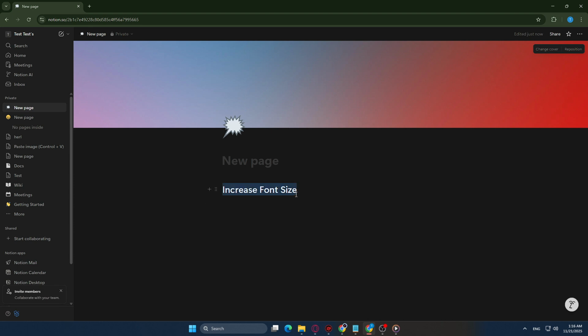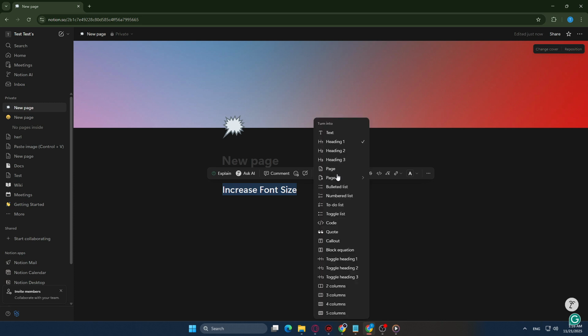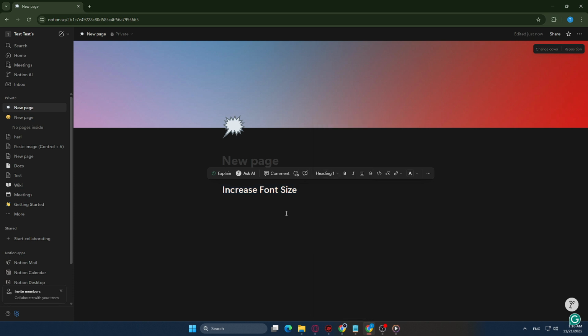If you change your mind, open that same menu again and switch back to text to return to the normal paragraph size. Repeat this on any block across the page to create a clean structure. As a guideline, use Heading 1 for the page title, Heading 2 for main sections, Heading 3 for subsections, and Text for body copy. To speed things up, you can use the slash command like /H1, /H2, or /H3, or